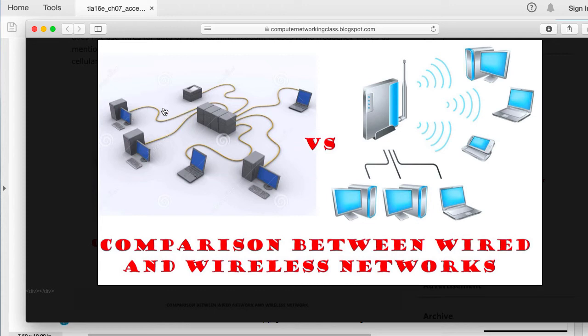Performance. Well, if the signal is being injected in a very strict, precise, and guided media, it will perform a lot better than when it's being broadcasted in an unguided media. Why? Because since it's being broadcasted through the air, other access points, for example, can also be transmitting in that same frequency.